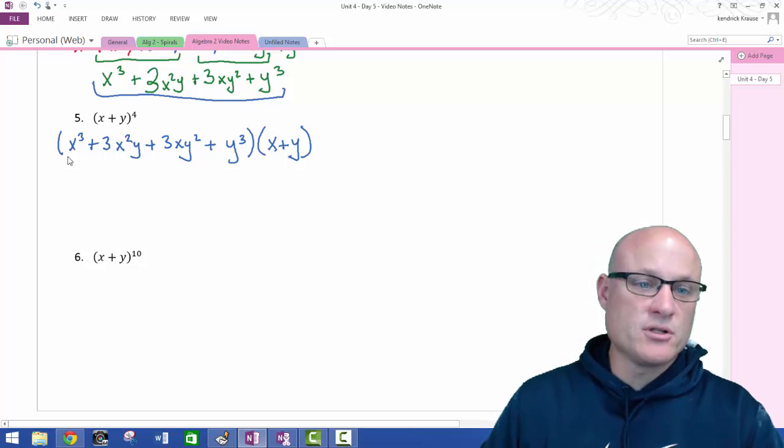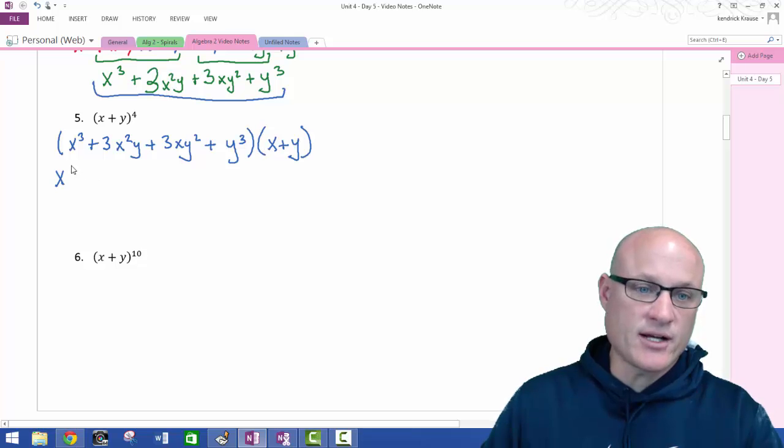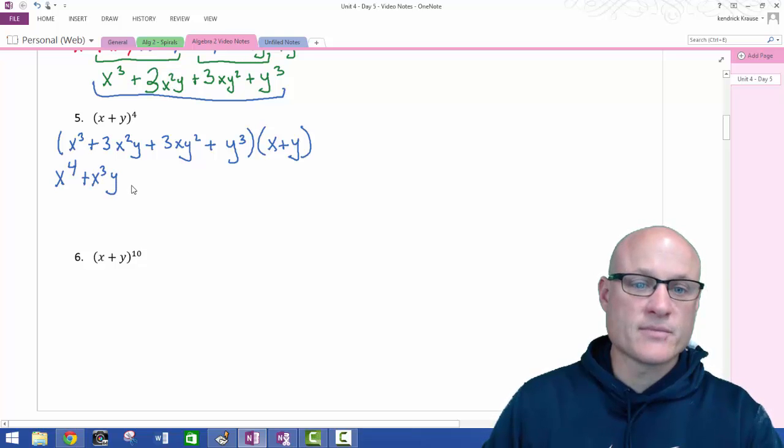Okay, so now we got to do quadruple distribute. So let's do it. X cubed times x is x to the 4th. I'm not going to draw the lines, it's too annoying. And then x cubed here times y would be plus x cubed y. Now we're going to multiply this one. So 3x squared y times x, that's plus 3x cubed y plus, now we're going to multiply this times y, so that's plus 3x squared y squared plus,